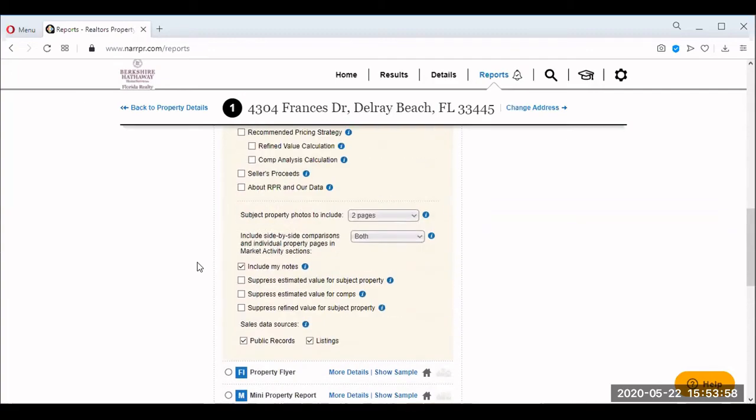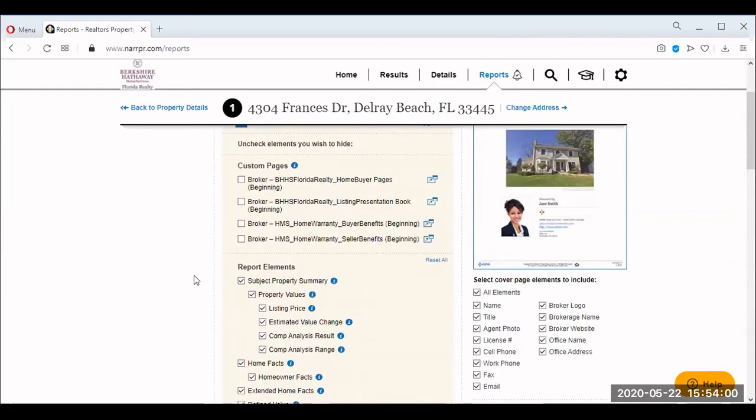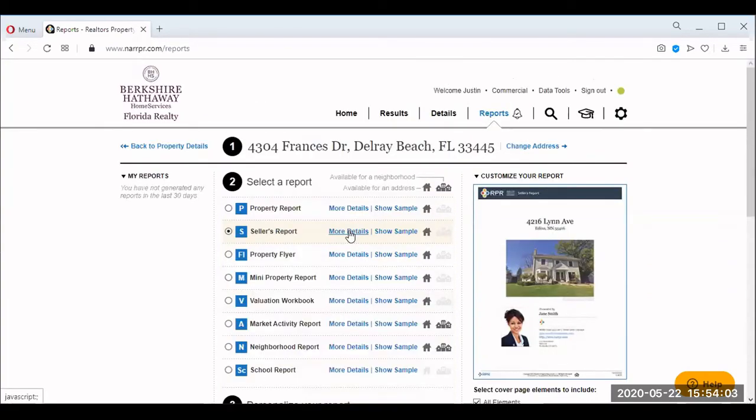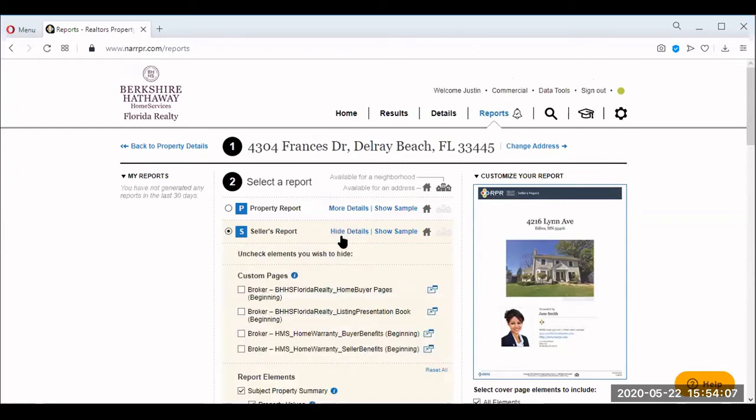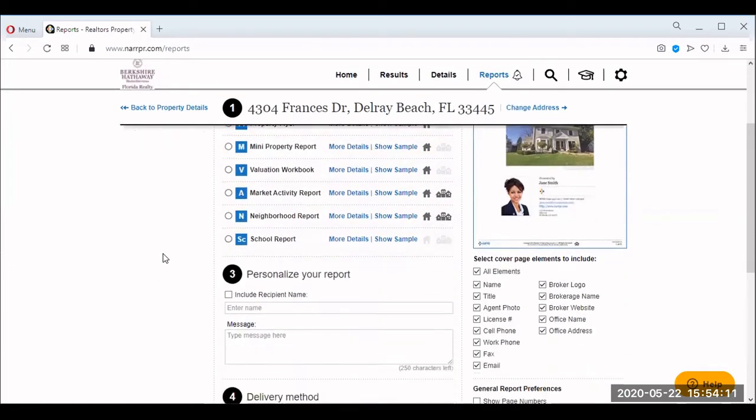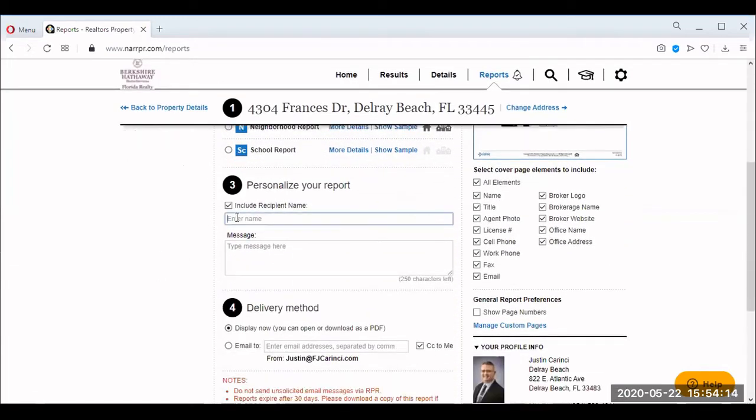Once you're done with all that, this is all within the details. Remember, I told you, whatever report you pick, you choose more details. Once you're done with all that, scroll down a little bit, and you can include the name of your sellers. So here I'm going to write Mr. Seller Mac Selling. And my message is, here's my